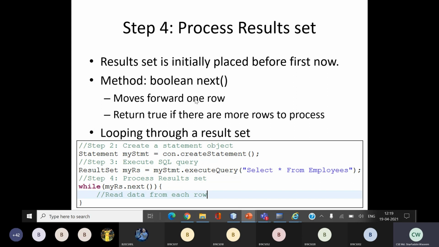So a result set will actually move only in one direction, only in the forward direction. We can also make the result set move in a reverse direction. That is called a scrollable result set. Try to write it down. Scrollable result sets are nothing but